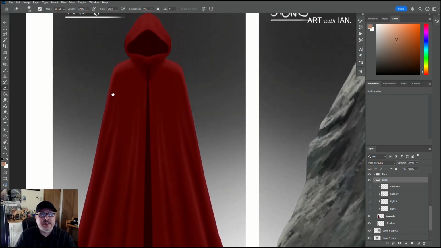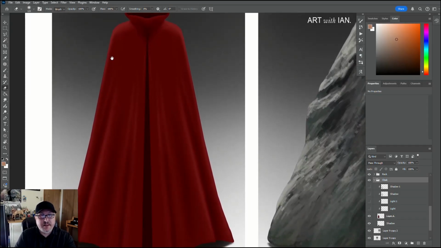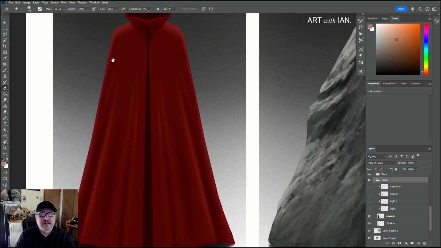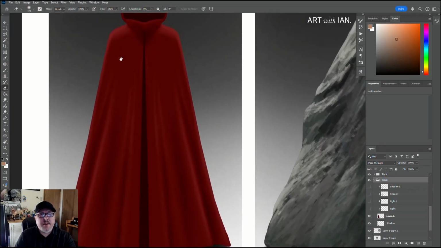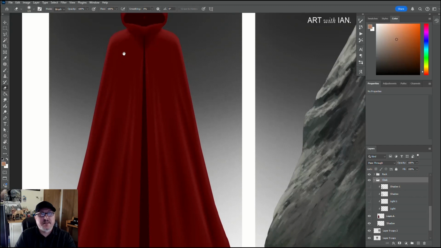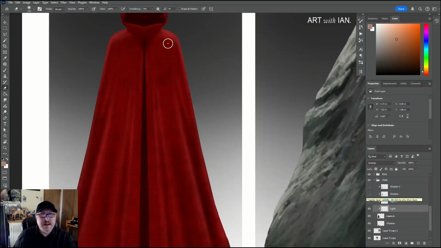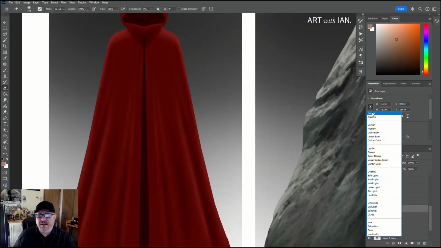The form of it works, but it doesn't really look like fabric. Certain types of fabric might have very little texture, so it might pass a little bit. But for my first texture pass, I used light, and I set this to overlay,